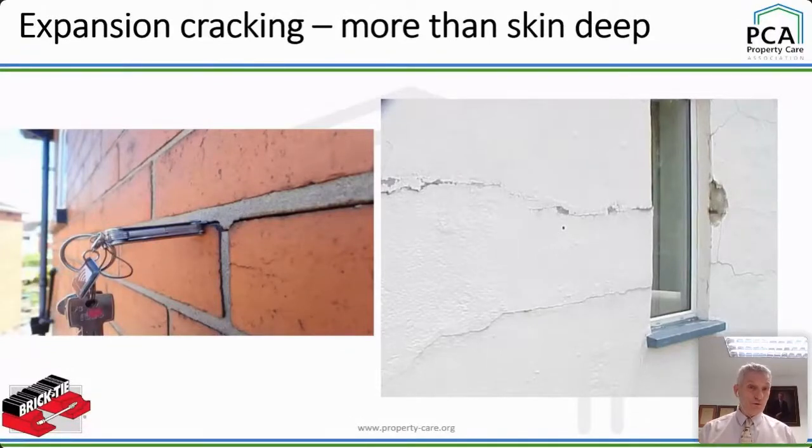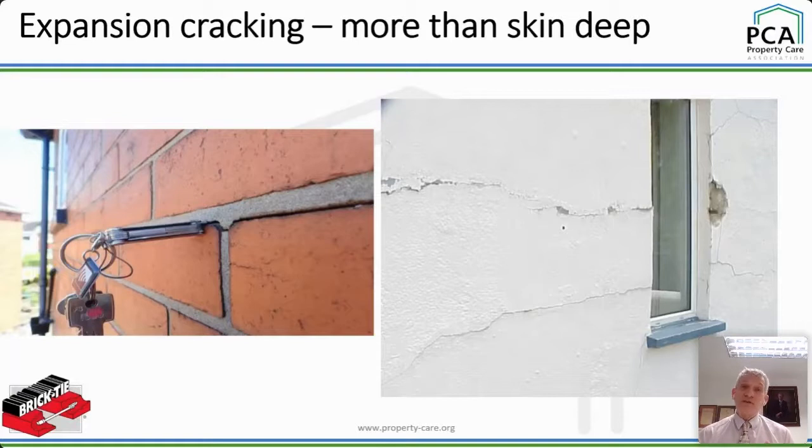On a hipped roof, which the one on the left is, for those of you who don't know, it hasn't got an apex at the gable. It all goes up to a nice sloping roof, so that's a hipped roof. And on many hipped roofs in my area, the rafters project all the way through, and then you've got a fascia board nailed to the end with the gutter on, which is brilliant. But those little rafters are not designed to transfer load to the outer leaf. They transfer load to the wall plate on the inner leaf. The inner leaf is load bearing. Okay, that's the load bearing leaf.